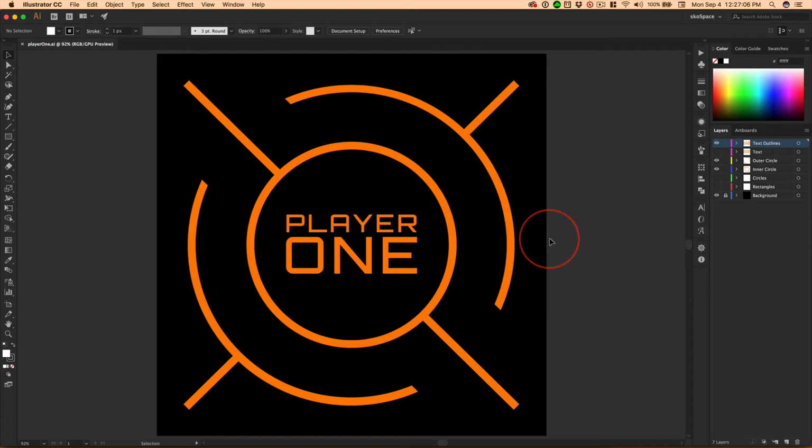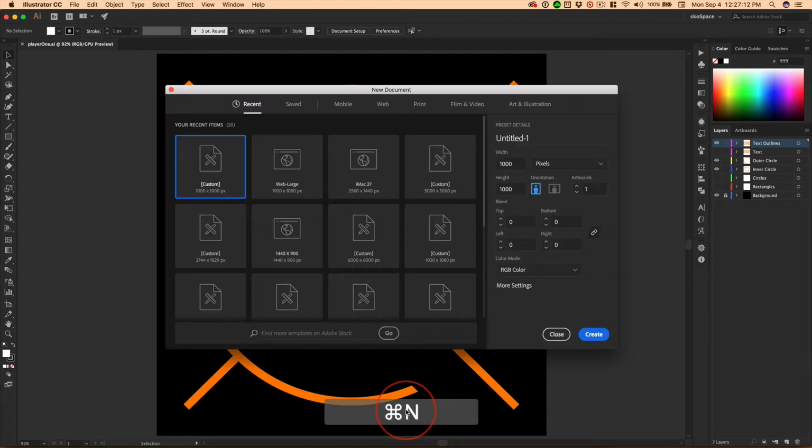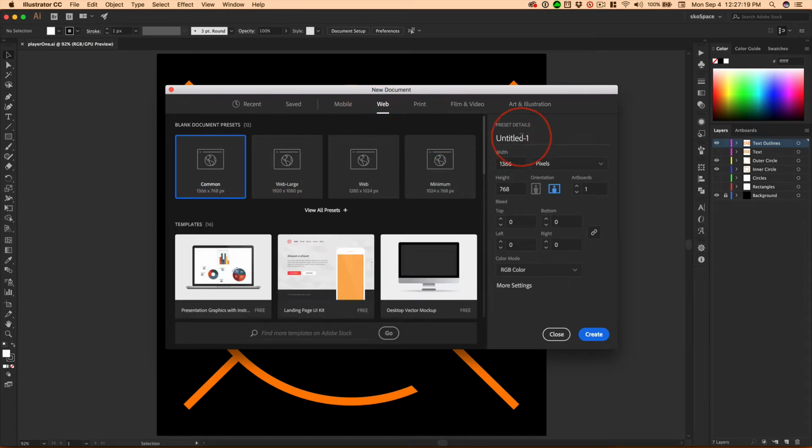Let's get started. First of all, workflow, I expect you to know by this point. Command N, give me a new whatever. I'm in Illustrator, I want a new document. I'm saving this for the web, so just to be certain, I come over here, give this a title, and